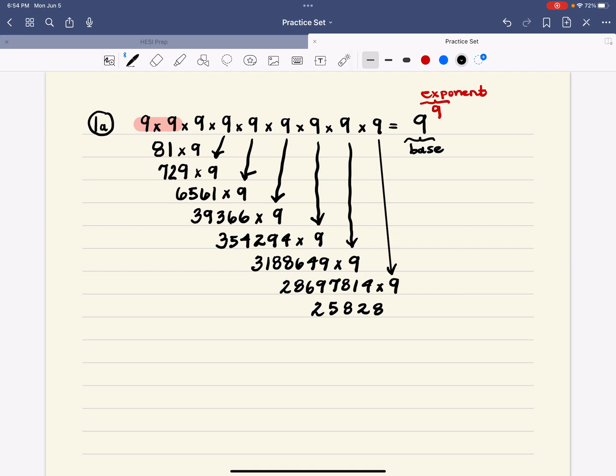Now, you may have noticed that I don't use commas when I'm doing math. That's because I tend to get them confused as decimals. So I'm in the habit of leaving them out, but you can definitely use them if you want to. So starting after the 6, that's where the decimal point would be sitting, we're going to put a comma here and a comma here. So this number is read